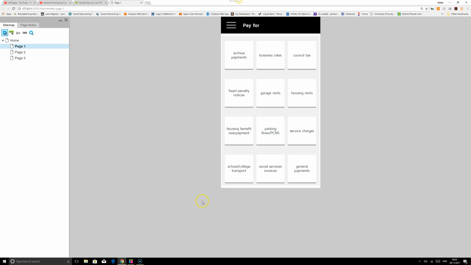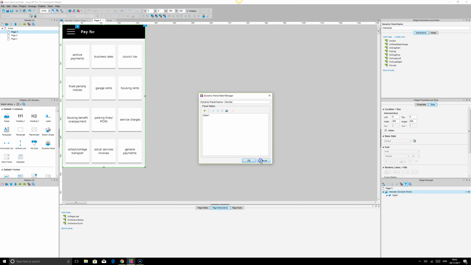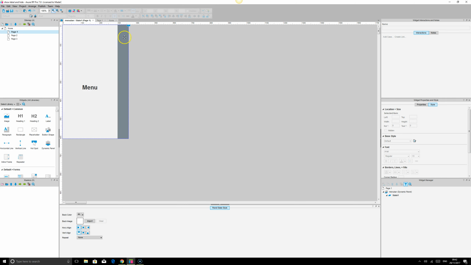Okay, so what you need basically is you need the hamburger menu to only have two actions. Bring the widget to front and show the widget by sliding it right. And we will also go to the dynamic panel state. And what we need in the dynamic panel state is to add this hide menu bar, slide left, and send menu bar back to